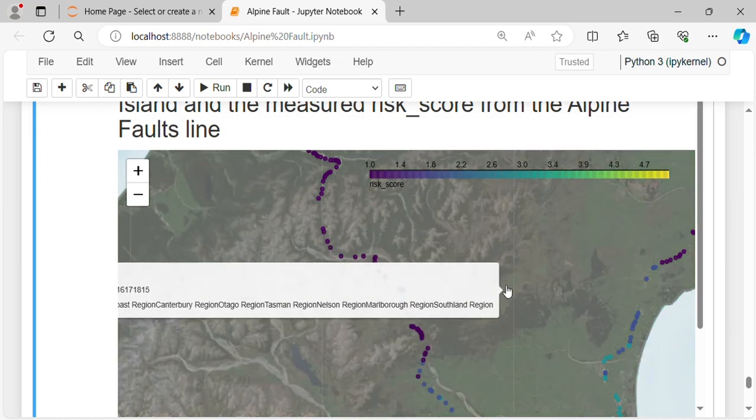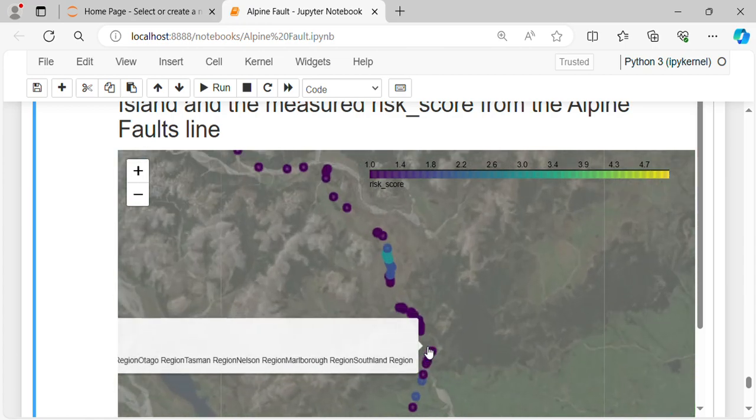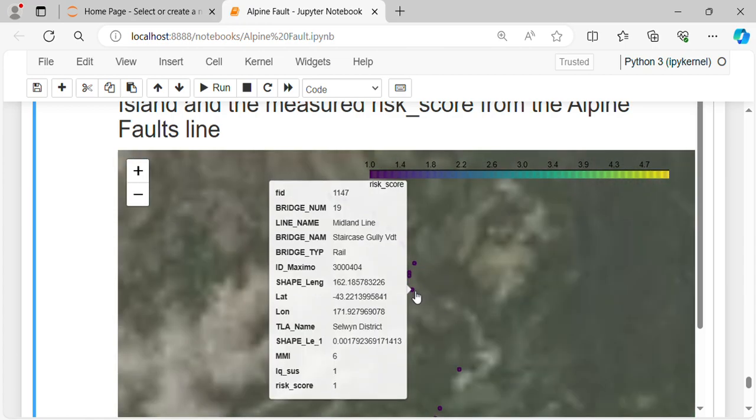Now we want to look at the safest for given MMI has a value, and okay, this seems to be. So this is bridge number 19. Line name is Midland Line. Bridge name is Staircase Gully VDT. Bridge type is rail. ID Maximo 3404. Shape length